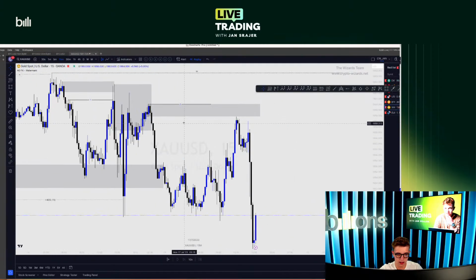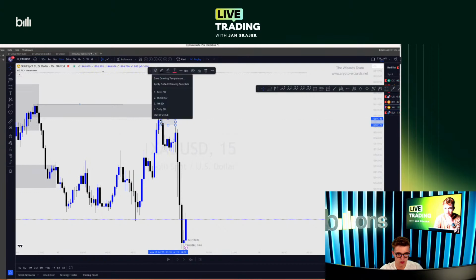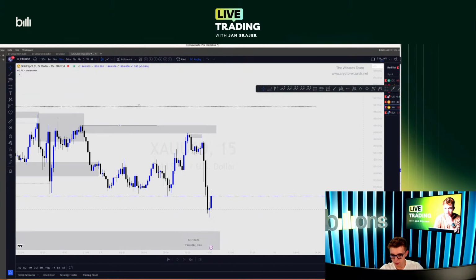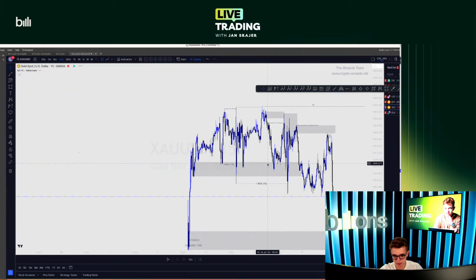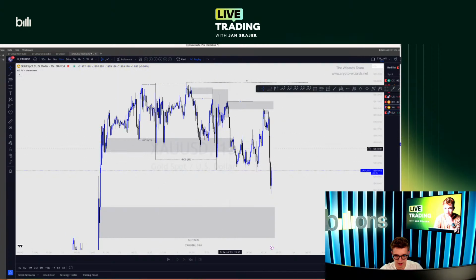Gold hit this supply zone in the morning. Oh my goodness. Gold hit this supply zone in the morning. Then also we got this refined level here. So basically both of these zones were tapped, mitigated, and we got a move down. Now it lost the local demand that was here. This is a pretty strong push down, and I'll be paying attention to this zone down there. So be aware of this.